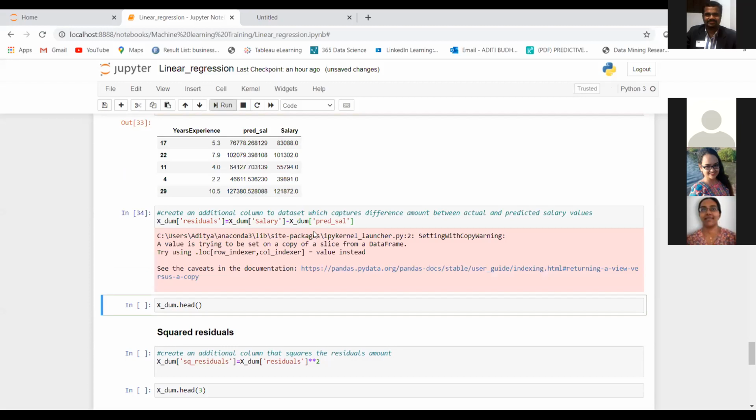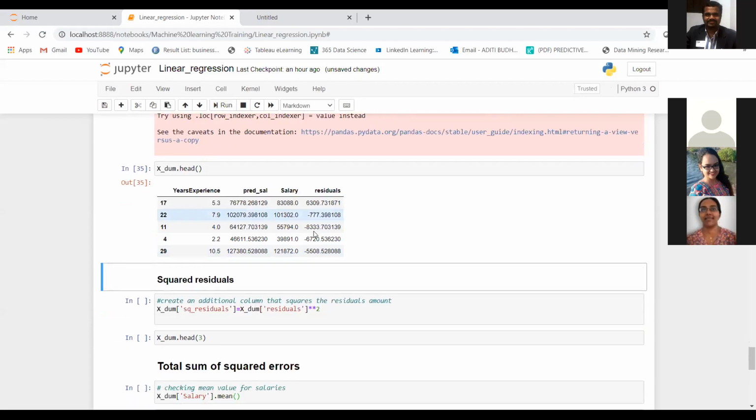So I will run this, and now you will see that we have got the difference of these two values, that is salary minus the predicted salary. So this is the error or the residual, correct?